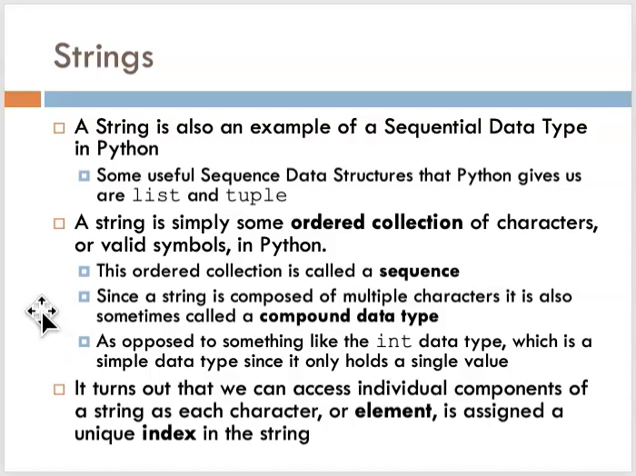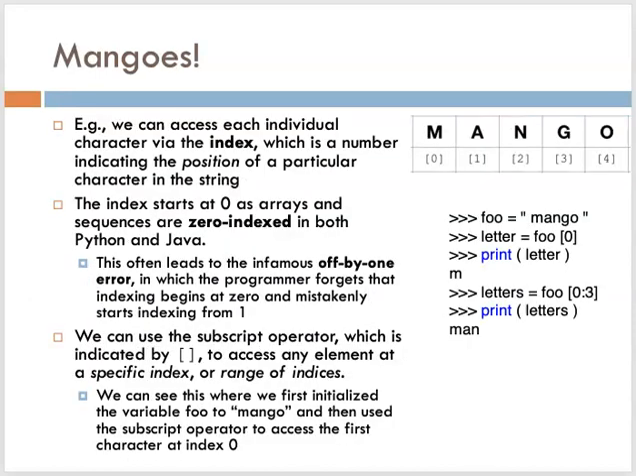And so this is different from data types like int, right, which is just a simple data type since all it does is hold a single value. A string holds multiple values in this sequence that we have, or this ordered collection that we have. And it turns out that we can access each of these individual components of a string as each of those characters or elements is assigned a unique index in that string. So for example, we might have a string like mango, M-A-N-G-O, and each of these individual characters, M, A, N, G, and O,